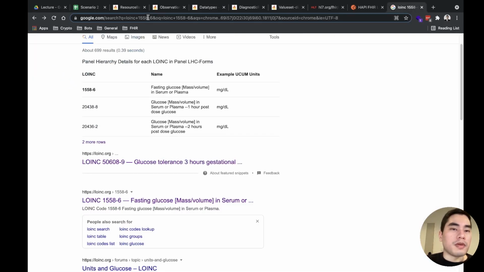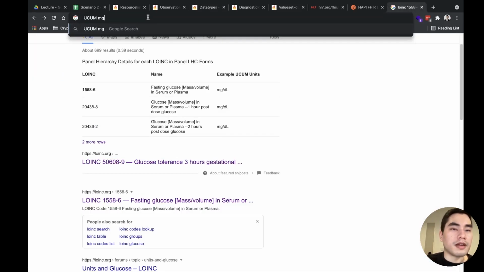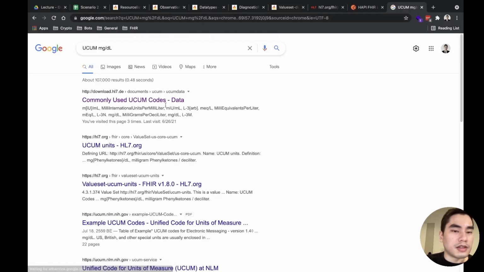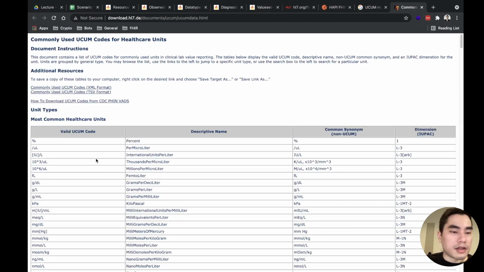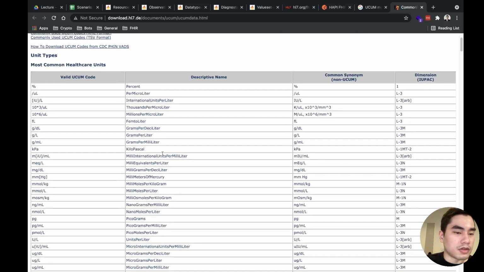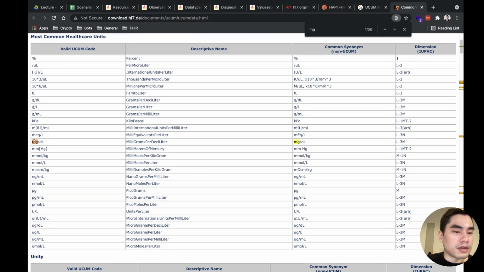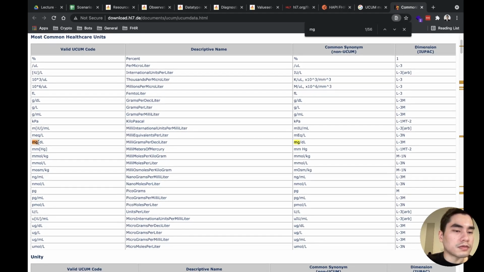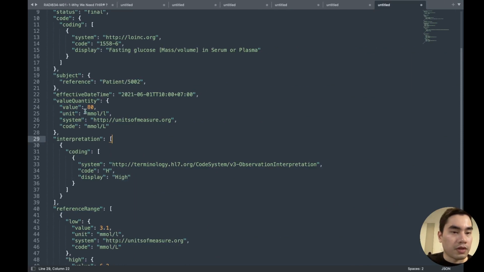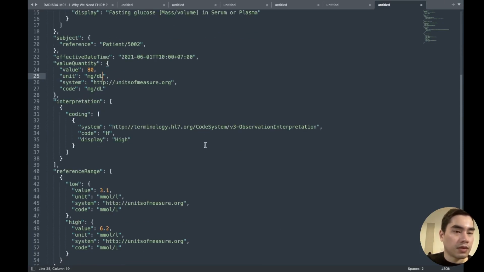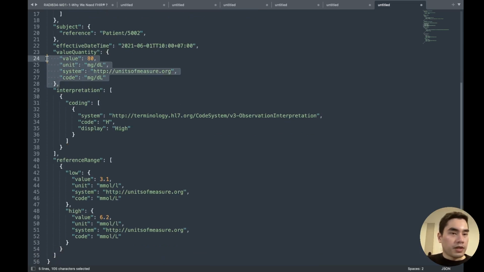So maybe you search UCUM milligram per deciliter, something like this, and you will get the code of that. This one, the code to use, the valid UCUM code, to fill in here. The system, this is for UCUM already, and the code is here like this. Okay, so we are done with the quantity.